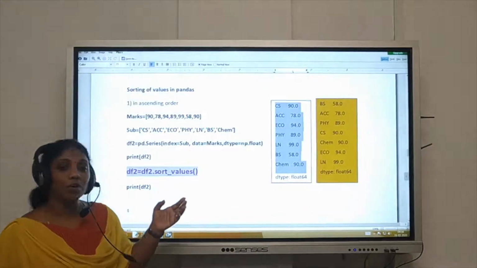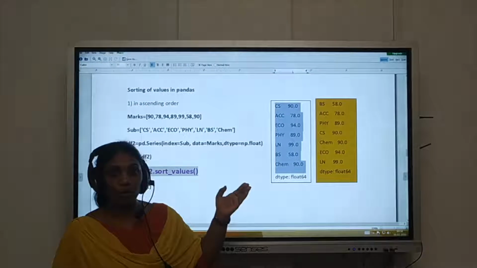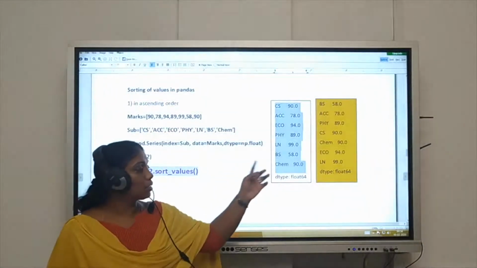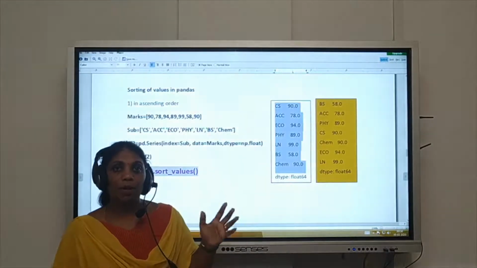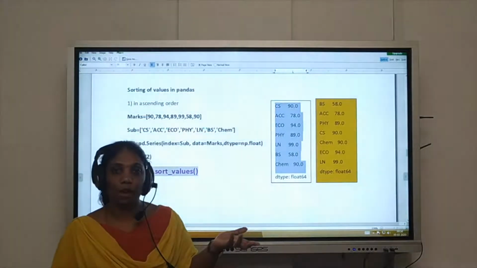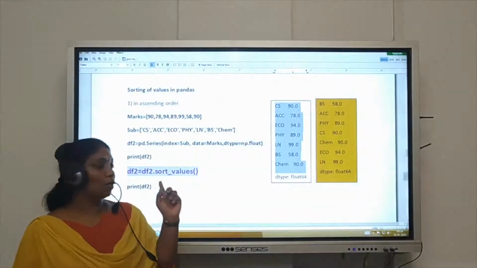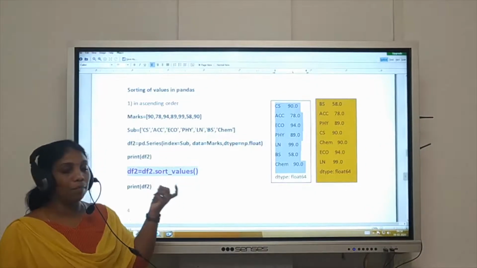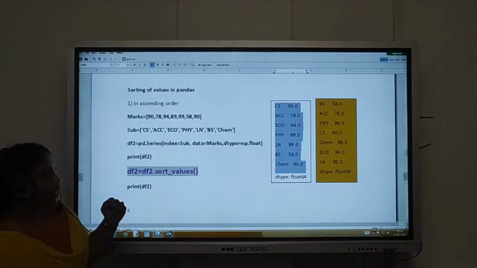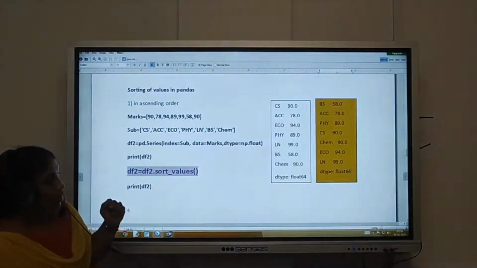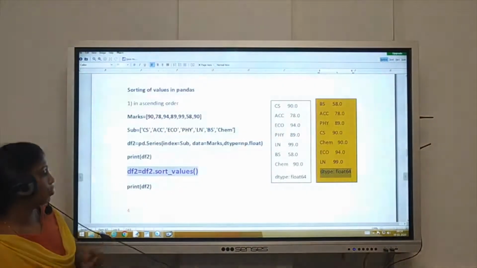So imagine when you create a software, how easy it will be, especially for the marks, sorting and all those things, to just give a function and get your output. So basically, as I always say, Python is blessed with an enormous number of libraries, and in the libraries a lot of functions are there. With one particular statement, you can create a lot of wonderful outputs. So one such is over here. Every output, as you can see, automatically the corresponding data type will come, which you need not worry about.